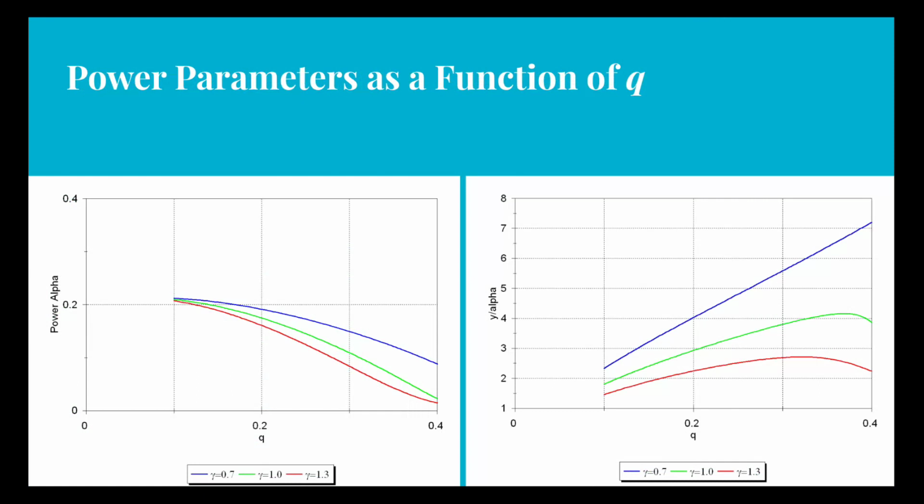Also, I included an analysis for power parameters. Alpha is a coefficient which represents the relationship between the eccentric moment and the rotational speed on the one hand, and the power consumed on the other. For a purely viscous model, the peak alpha can be found at 0.25. You can see two things from this. First, on the left, you can see that alpha does not exceed 2.25. It actually decreases from that value as you increase Q, in other words, the static overweight,